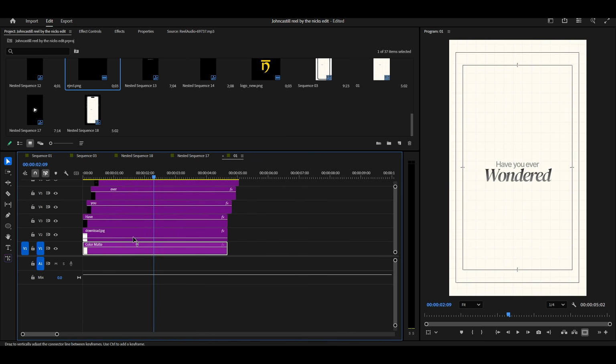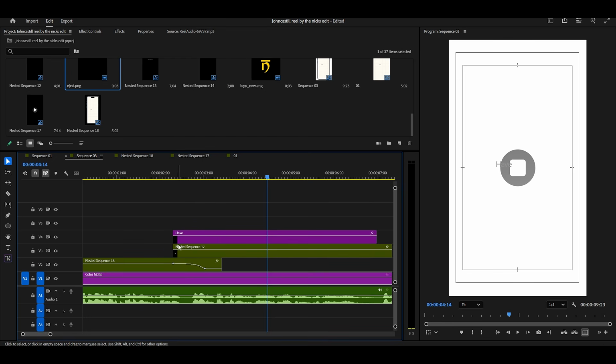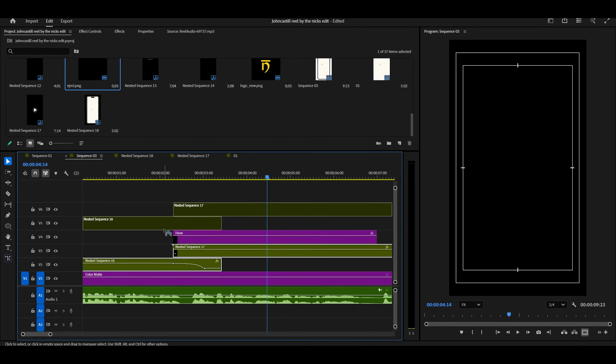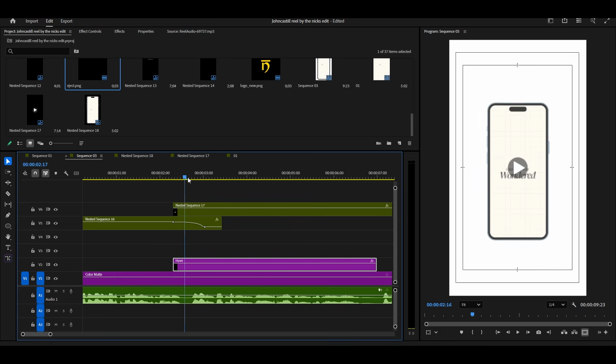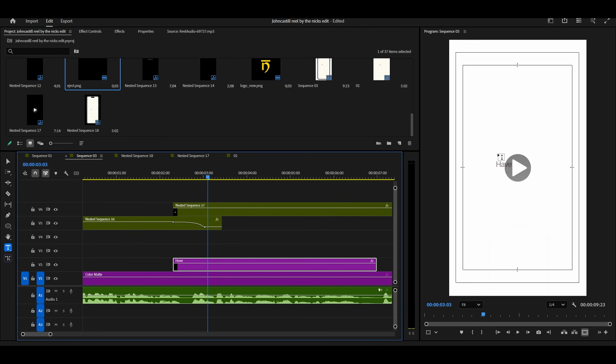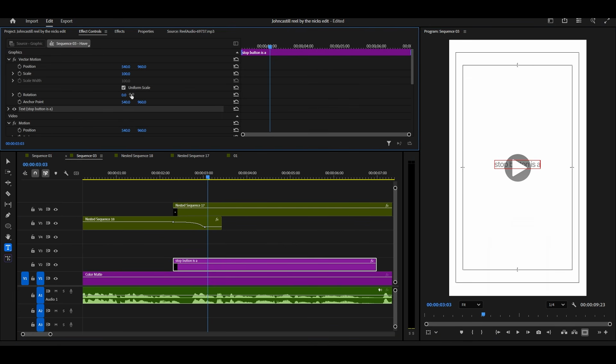Now, let's move to the text again. Drop in your previous text layer under the iPhone image. This will appear when the phone moves down. Write your new text, adjust the spacing,